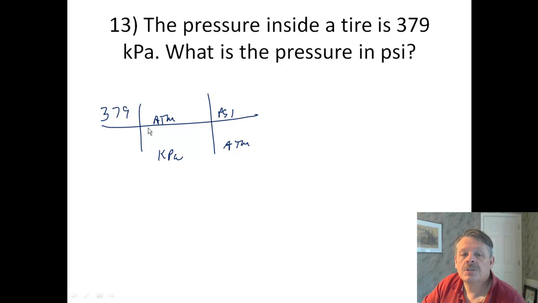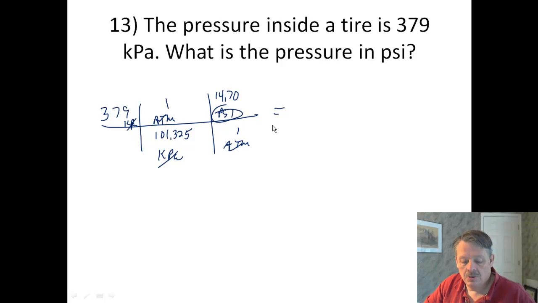So let's see. This is kPa. So I have 1 atmosphere and there are 101.325 kPa in 1 atmosphere. And there are 14.7 PSI in 1 atmosphere. So my kPa cancel, my atmospheres cancel. I'm left with PSI. So my answer is going to be